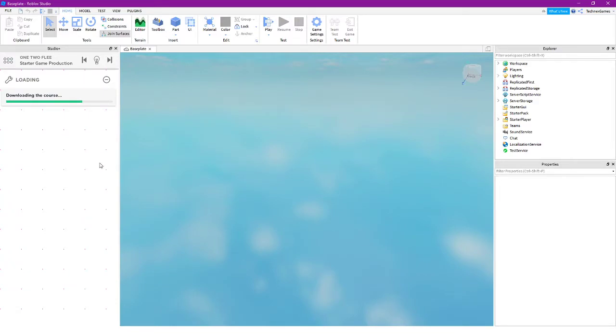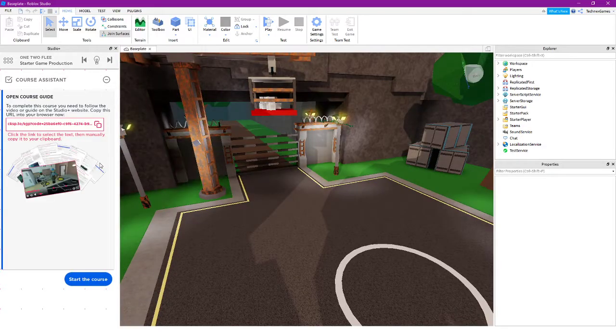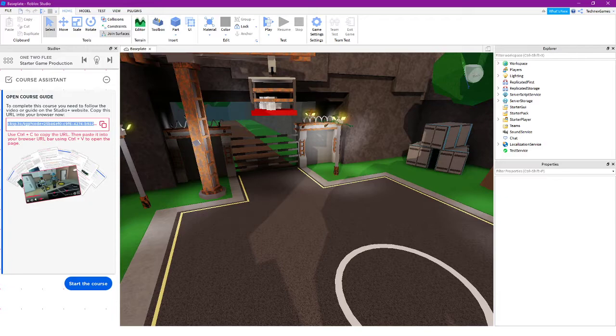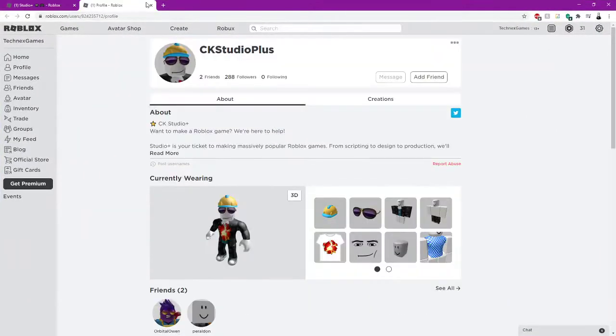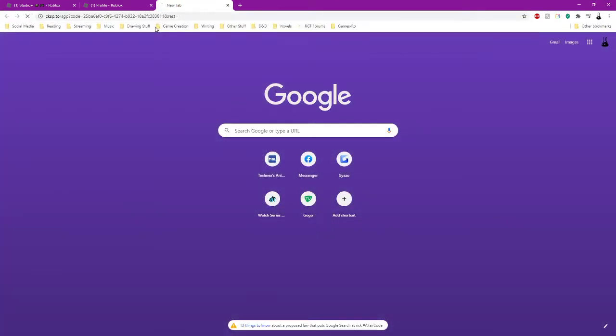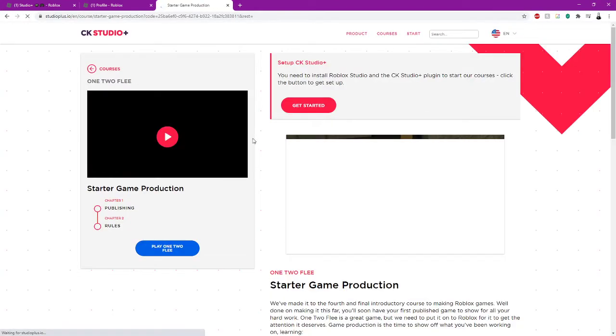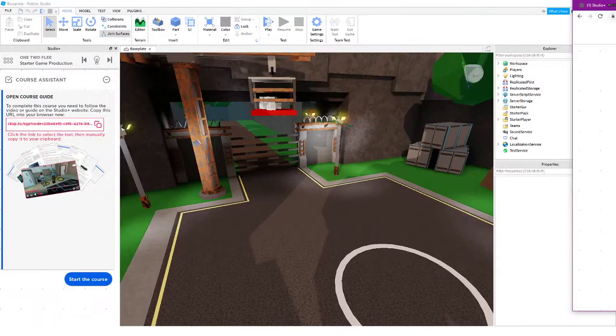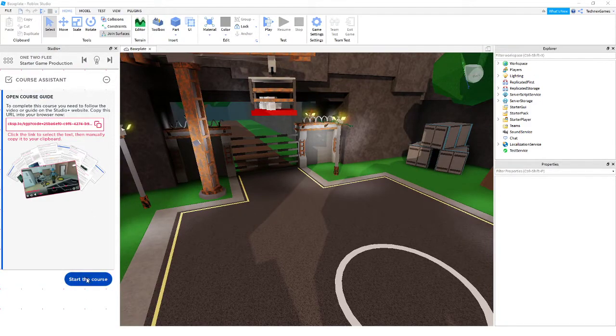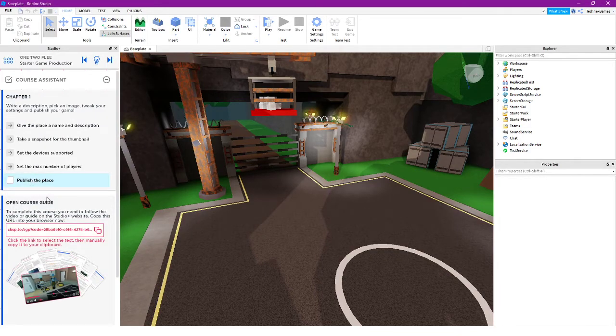So it's going to automatically set up a stage for us, and it's going to give us a link. If we bring that link into Google, click enter, it's going to lead us to a website, specifically the course page of the course that we're currently doing. So I've got it on the side screen. We're going to click start course,